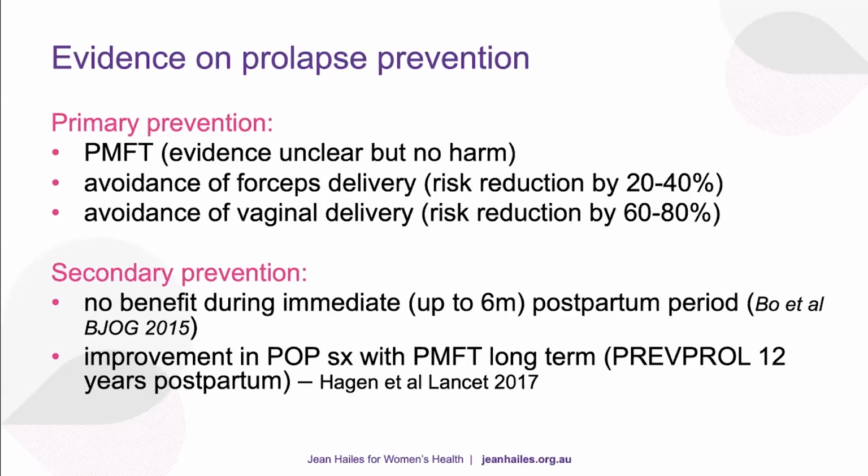Avoidance of forceps and vaginal delivery, you can see how we can reduce those numbers. But again, this is also a very sensitive topic to discuss with our obstetrician and with a colleague. So perhaps we need to run an education and have a meeting with all the other disciplines and see what can be achieved in the longer term. But a lot of work is happening behind the scenes, and hopefully we will get an answer at some stage. But in the short term, instead of approaching our obstetric and midwifery colleagues, my approach is to go